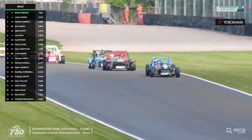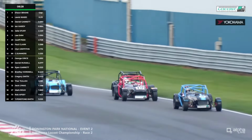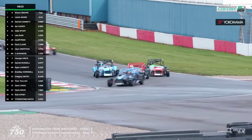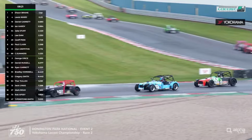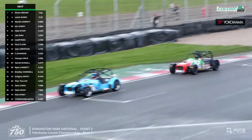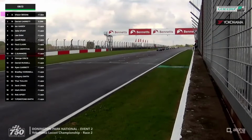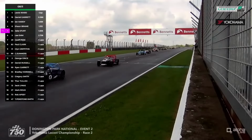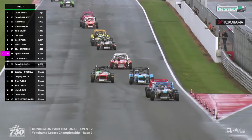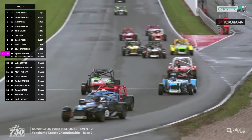Because of that change for 2nd, that's allowed Lewis Ward to get away briefly, but with 2 long straights coming up by the time to get to Redgate, well, he might not even lead, let alone have that gap. So he turns into the chicane ahead. Sean Brame's lost another place. He led at the start of the lap, but now he's down to 4th. Indeed, that's the nature of Locost racing, isn't it? And also Jake Sturt's not as far behind as he was, so I don't think we're just going to get 4 cars together. Sturt having pulled away from the group behind as well,